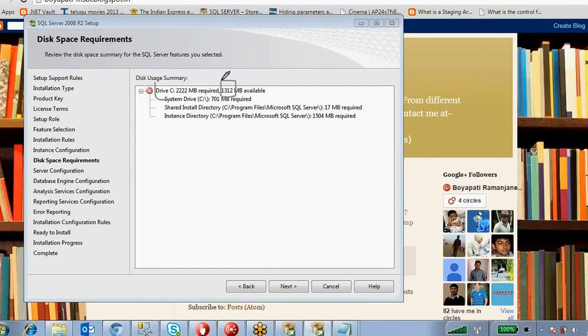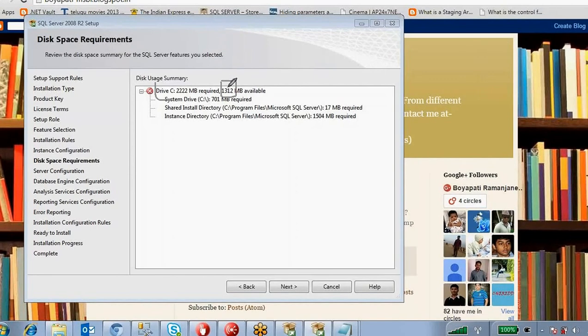Here you are not installing the complete one, because I have already installed some shared features like integration services and some other features. So here you are going to install only reporting services, analysis services, and database engine. That's why it is expecting only 2 GB, but in my C folder it is showing only 1312 MB availability.